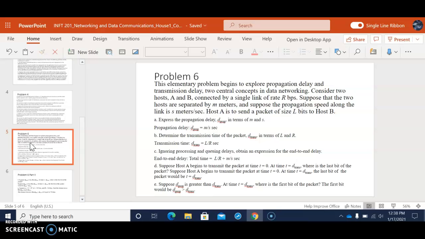Now, express the propagation delay, dprop, in terms of m and s. Okay, now here